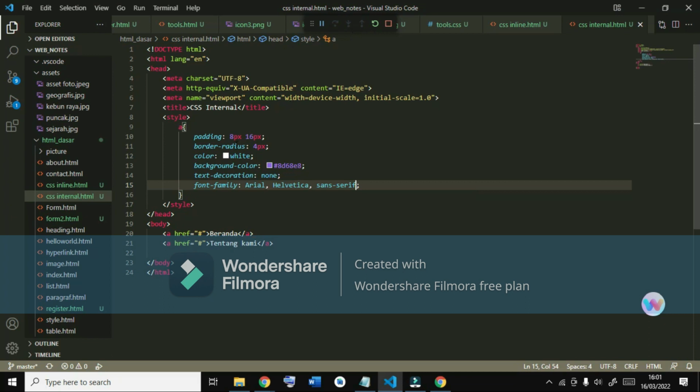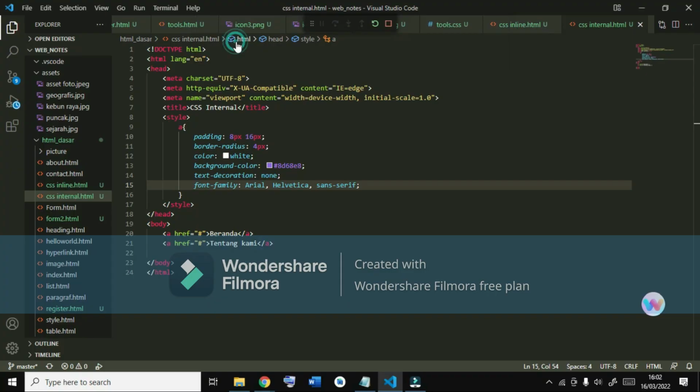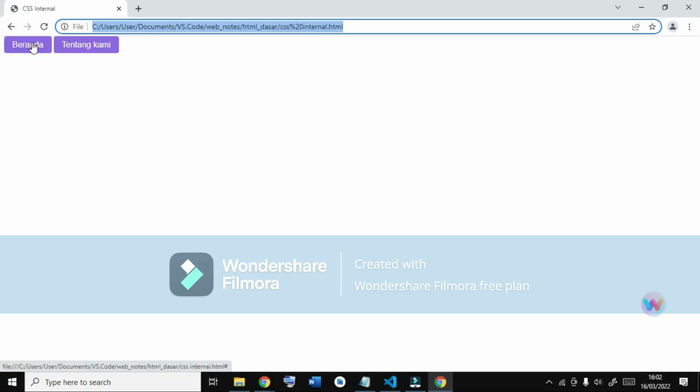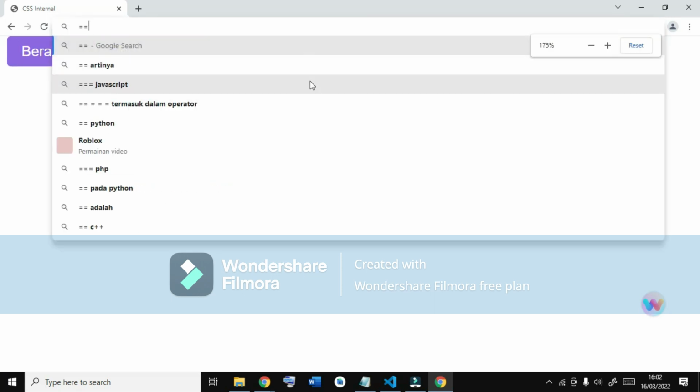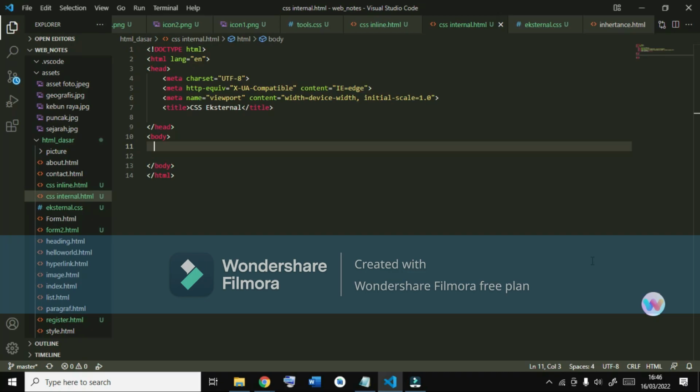Then we run the result and start it like this, with beranda and tentang kami. So that's the output: the two buttons above become more colorful and pleasing to the eye.